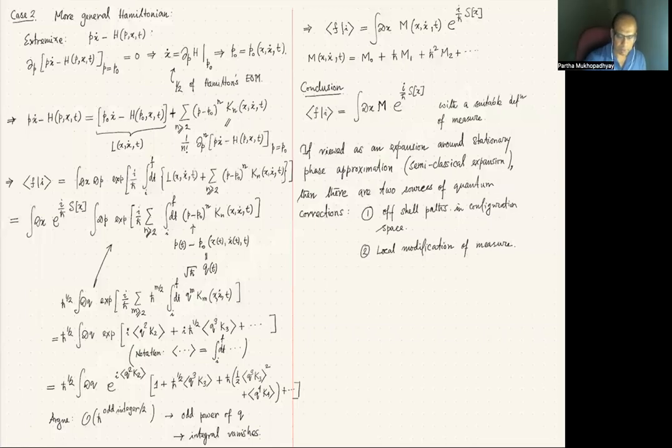Okay, the question that I'm going to discuss now is to explain the statement which says that there are two sources of quantum corrections. One is the optional paths in configuration space, and the other is local modification of the measure. So before I go on to explain these statements,